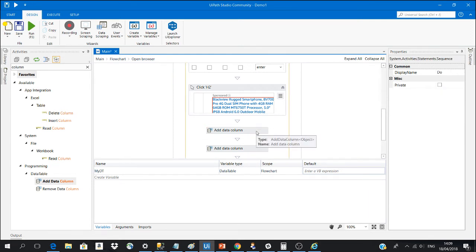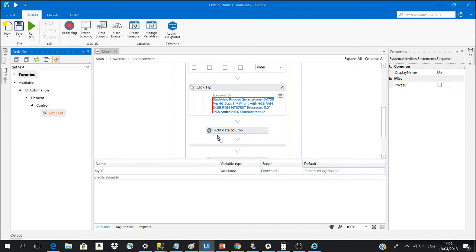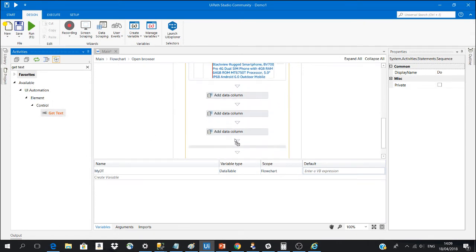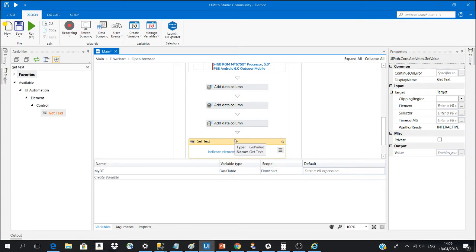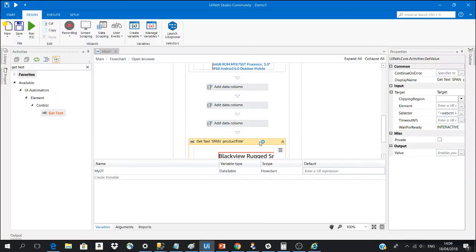the text. So just write get text, and we can paste the text. We can drag that activity in here, and just click on the text we want to get and store it in the variable, like the name,